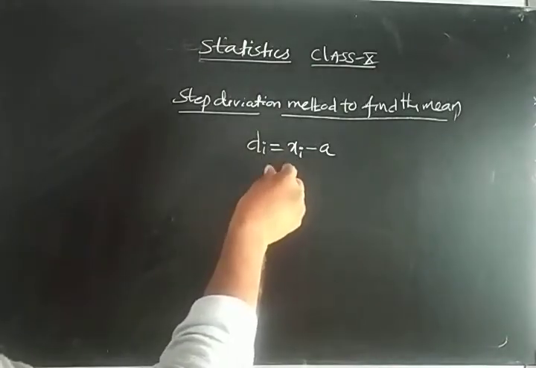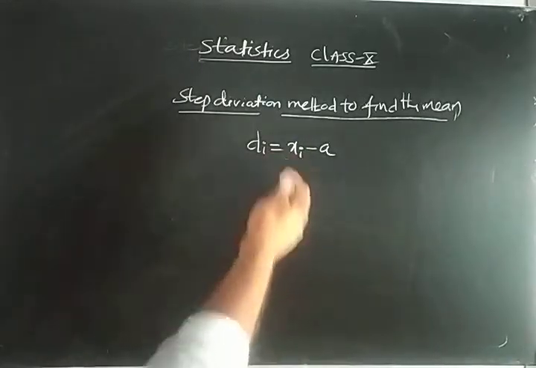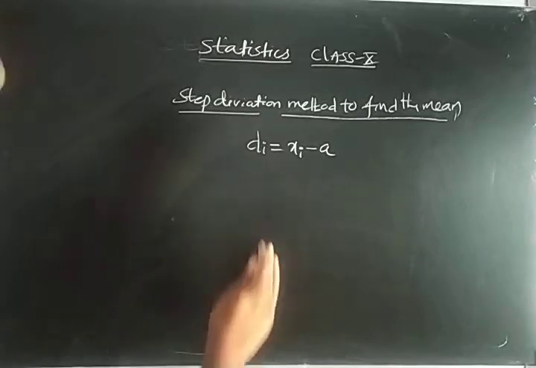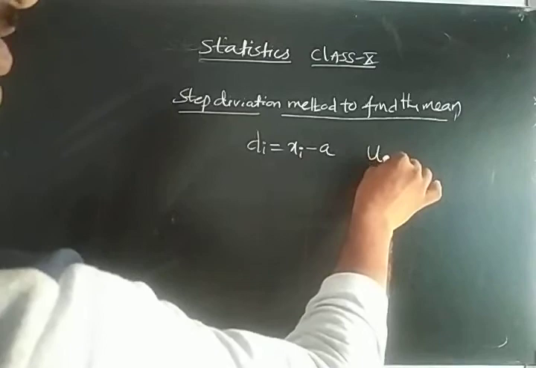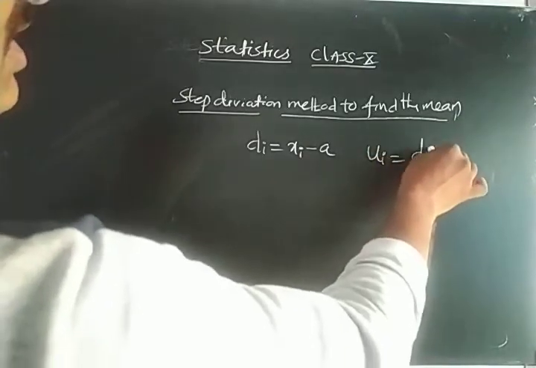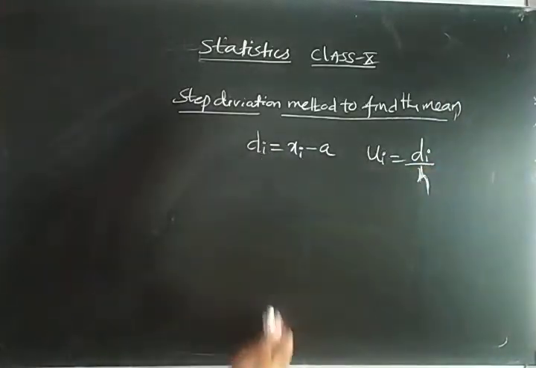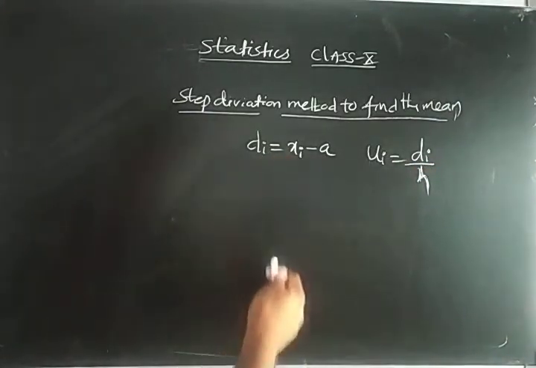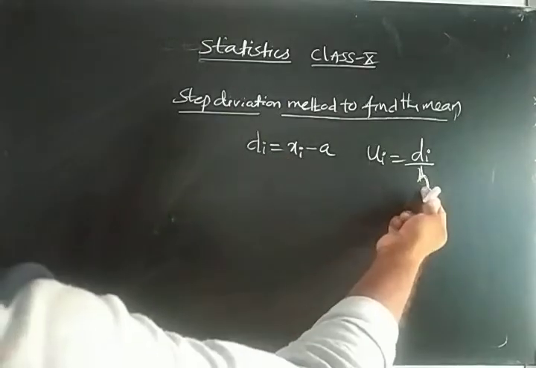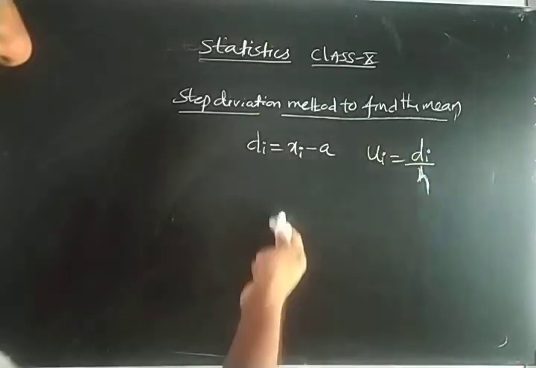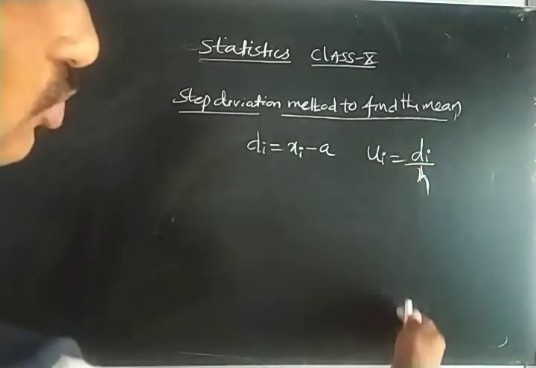In the di column, you will get deviations that are multiples of some number. If you get the di column as multiples of some number, then we can reduce those values. Sometimes you may get larger values, and we can reduce them by dividing by some constant. So you construct a new column by dividing the deviation by that constant number. That number you can identify by observing the values of di, which will be multiples of some number. You take that number as h and divide all the deviations by it, so they will be reduced. So construct a new column ui.